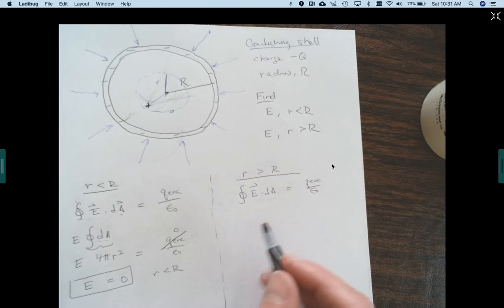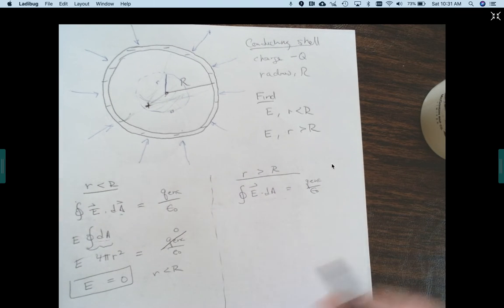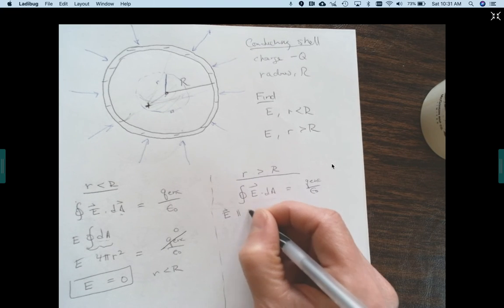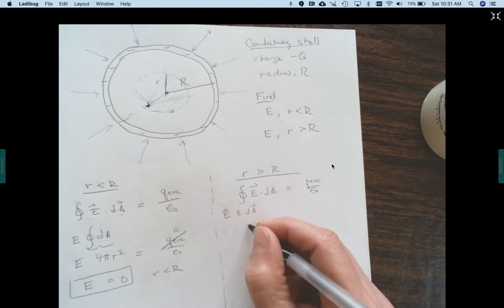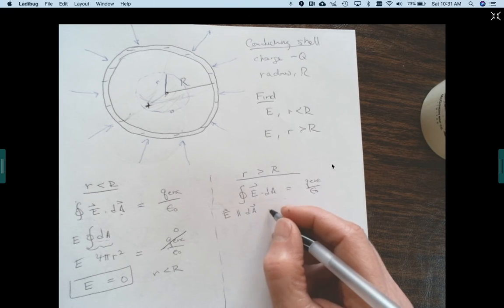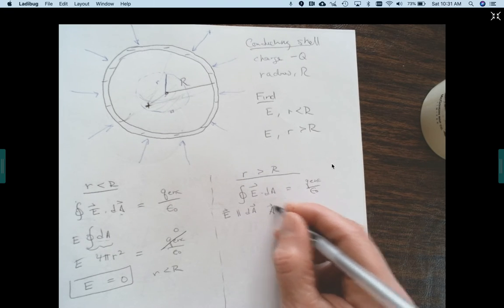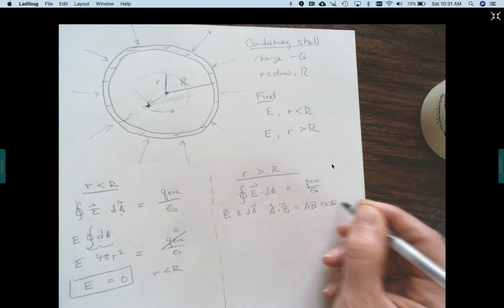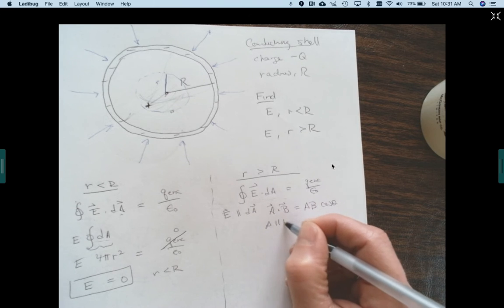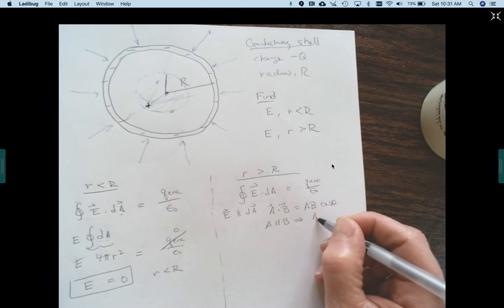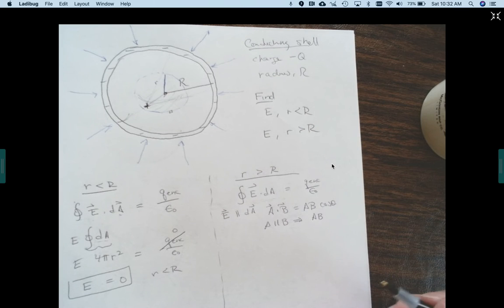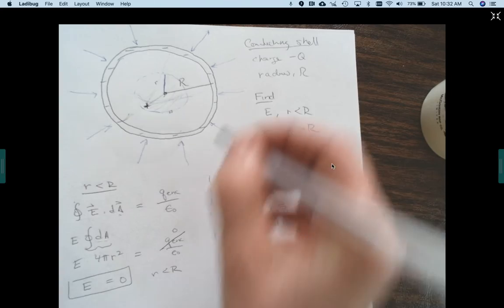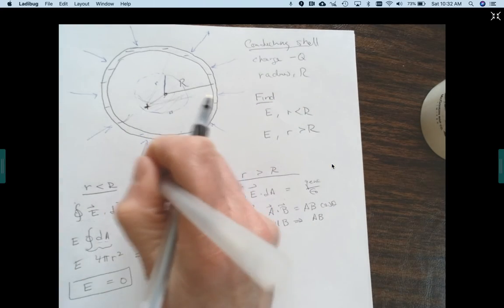So we will do the same steps here, where we say that the field vector is going to be parallel to dA. So that makes the dot product, A dot B is A B cos theta. When A and B are parallel, it becomes just A times B. And then we also are assuming that E is constant. If I put a Gaussian surface out here,